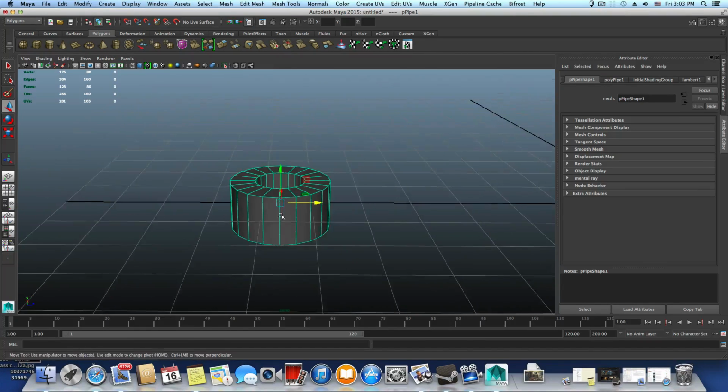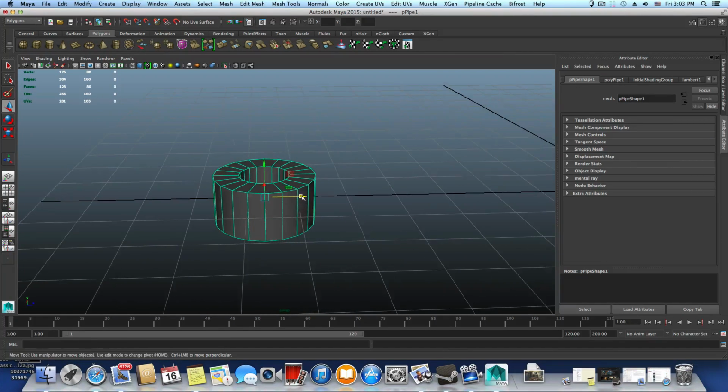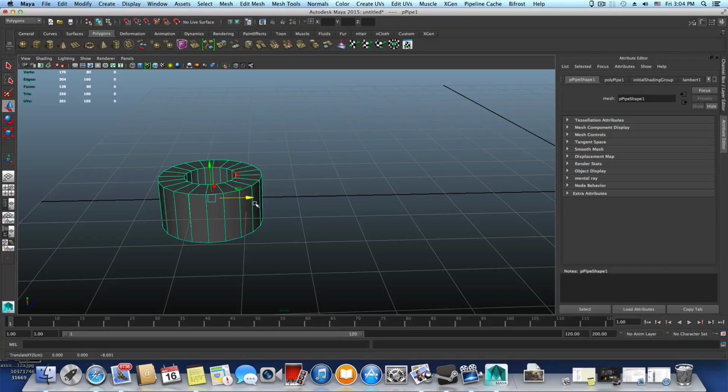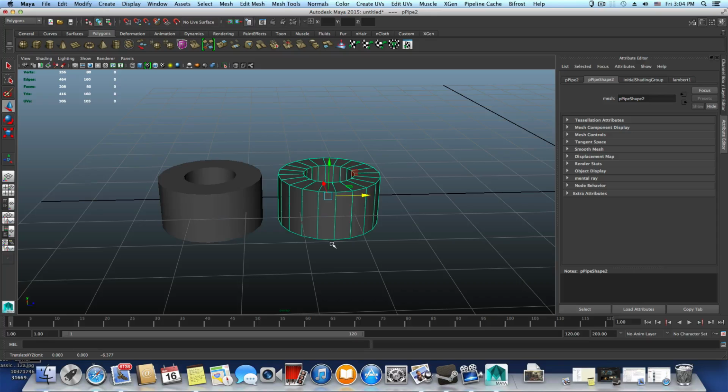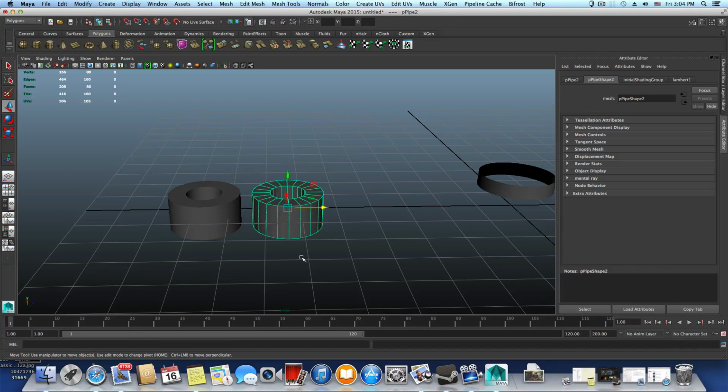So here I have this cylinder, right? If I hit Control D to duplicate it and move this copy over here. Now, most of you probably know this, but if you press Shift D instead of Control D, it will create a copy following the values that you've added to this copy. So this copy moved from here,